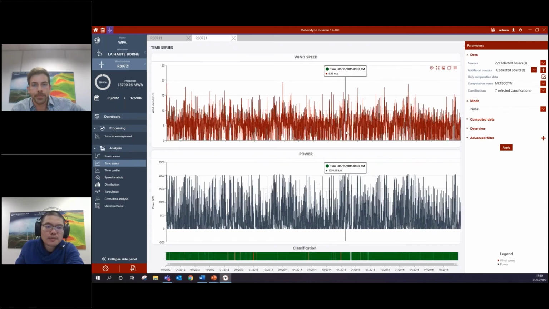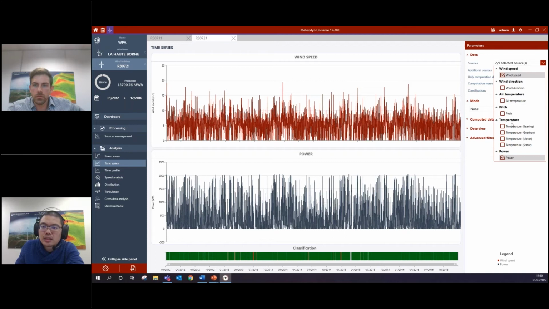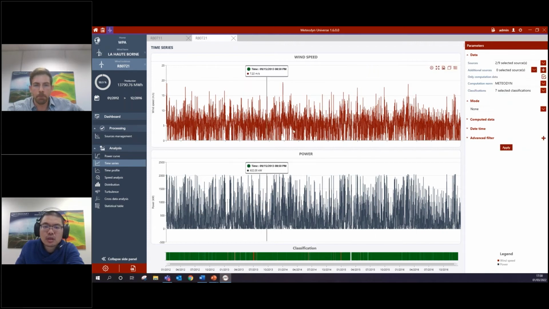In this time series analysis, you can have a look at your data in the time series view. So here we start from January 1st, 2012, and the end here is 31 December 2016. And we can select the data source if you want. Here we provide every source that you put in the input of the program. So you can freely select the data source you want,